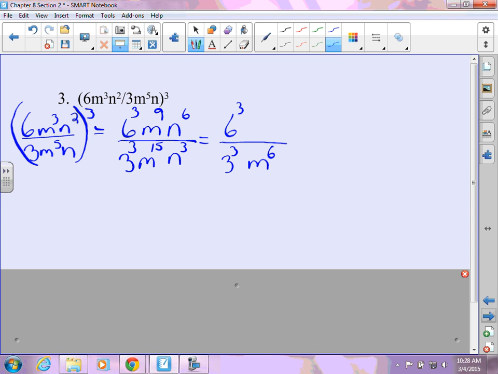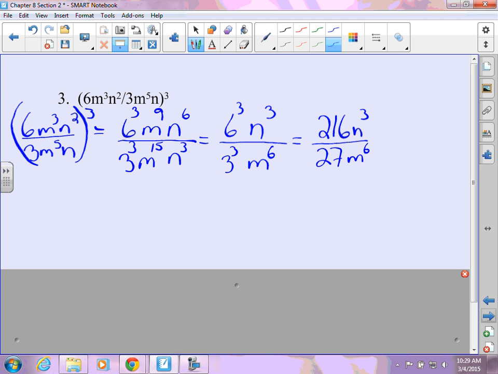So I'm going to take my calculator, and I'm going to go 6 to the 3rd, and I get 216 n to the 3rd, and then 3 to the 3rd is 27 m to the 6th. Now, a lot of students are going to leave that because, ooh, 216, so scary. Well, you're lucky you have a calculator. And so you can take 216 and you can use your fraction key